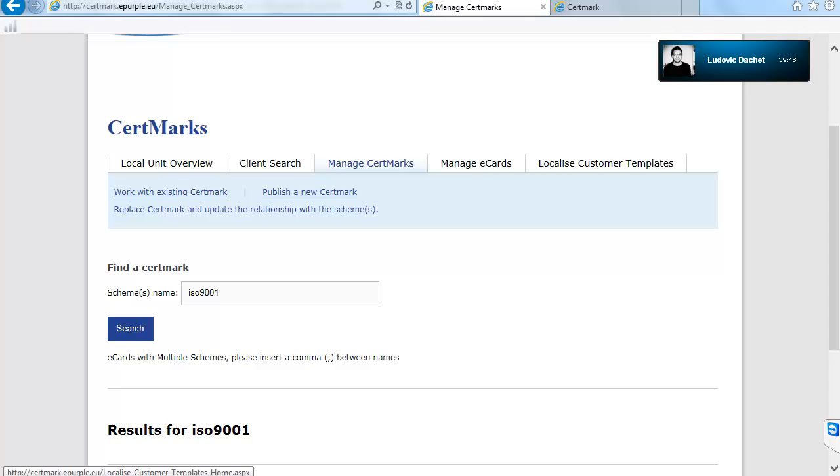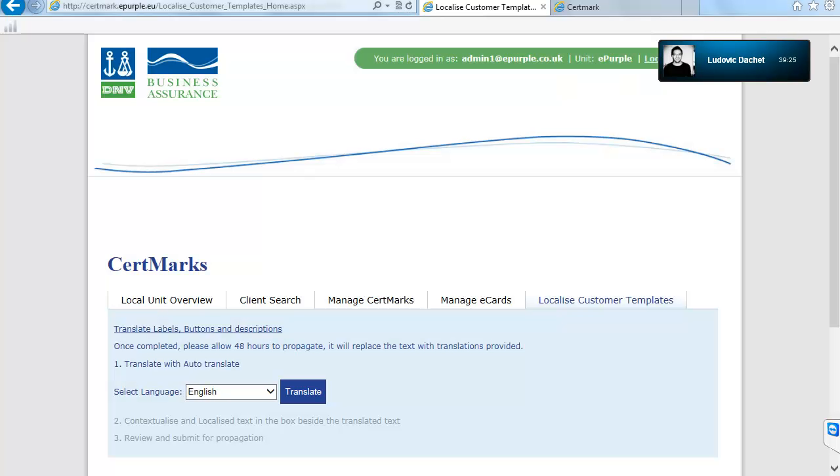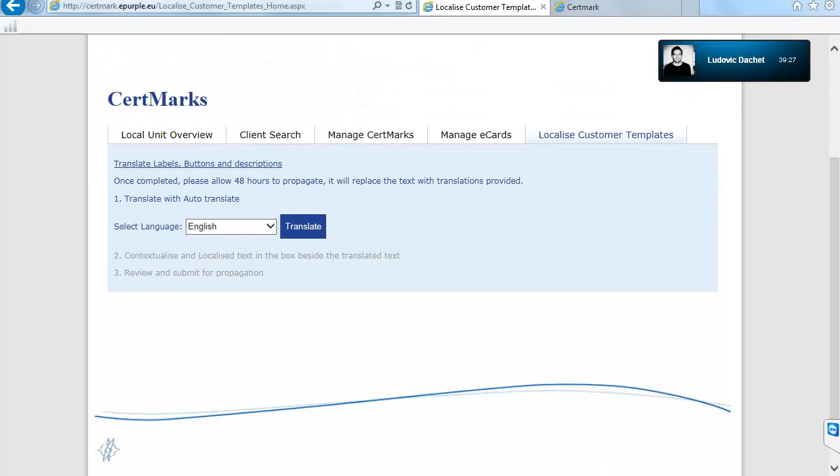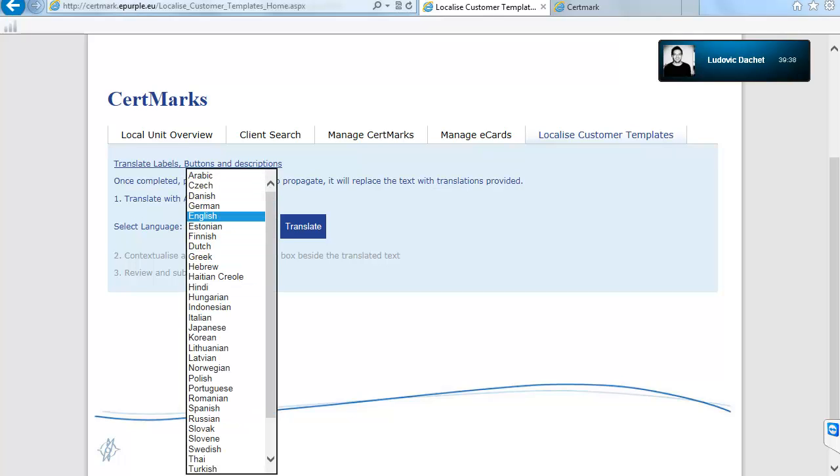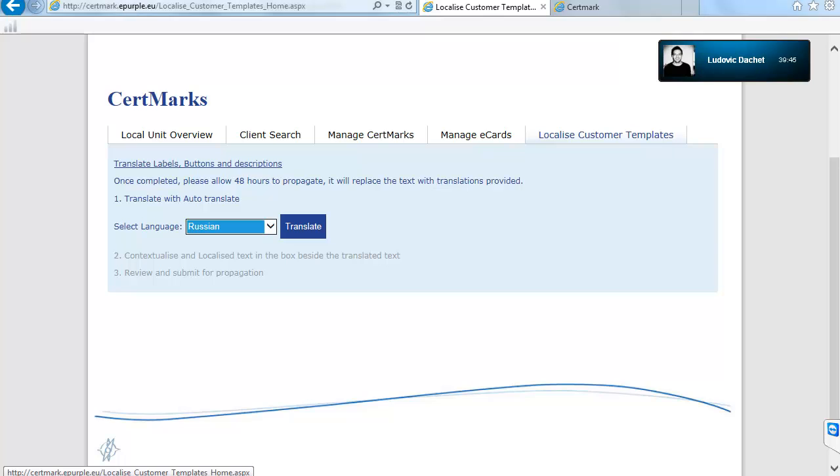I looked at the localized customer templates. What you're doing is you went one step too far. We want the countries to pay us to set cert marks up per country, right? That's our commercials here. If I go and translate, your translation doesn't work anyway, but I appreciate Rajiv says there's problems on the Windows Server, Azure Server today with accessing external APIs. But so if you go and translate,